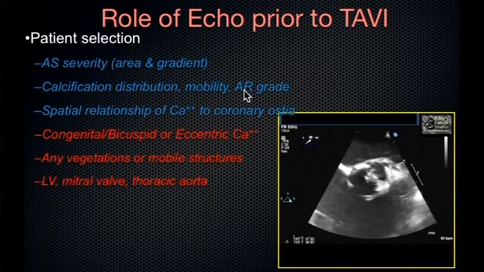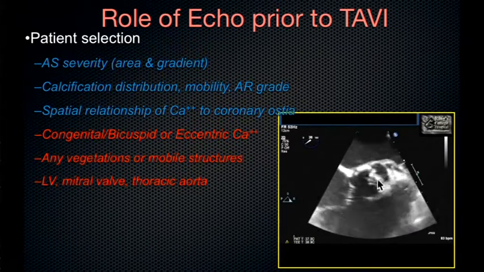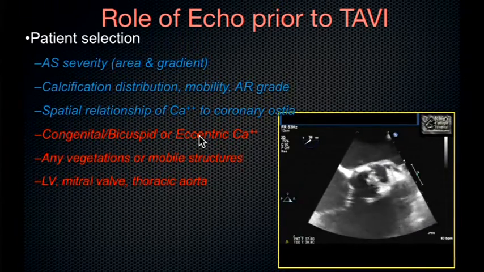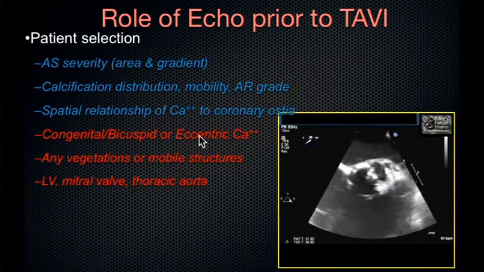In particular, one of the things that we're interested in is the spatial relationship of calcium on the valve leaflets to the coronary ostia. And we can see in this patient with probably a bicuspid aortic valve that the left main coronary artery is quite close to the calcification. Now indeed, congenital or bicuspid aortic valves are a classical contraindication to TAVI. But I think more of an issue is whether there is very eccentric calcification, because I suspect that we end up doing TAVIs on patients with bicuspid aortic valves without even realizing it, because the valve anatomy is so